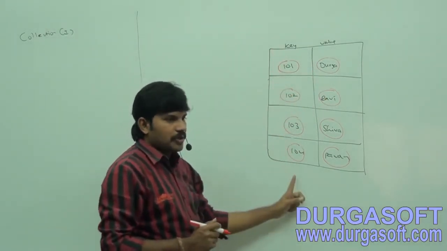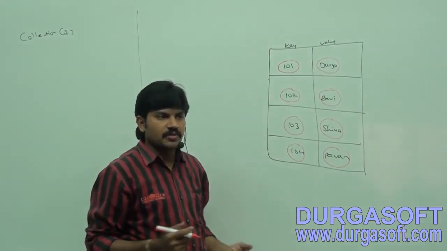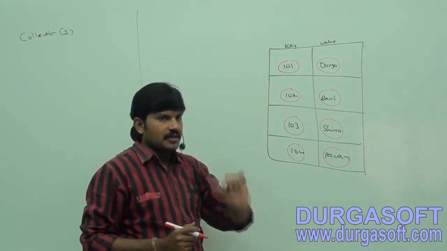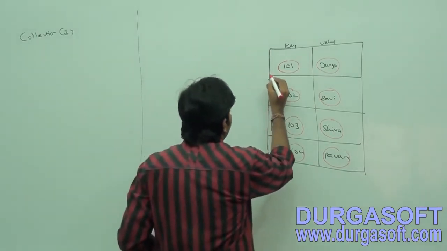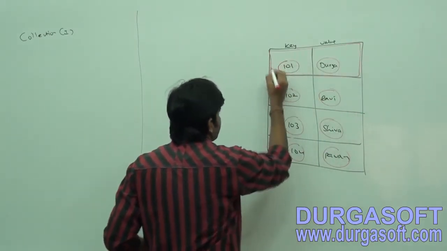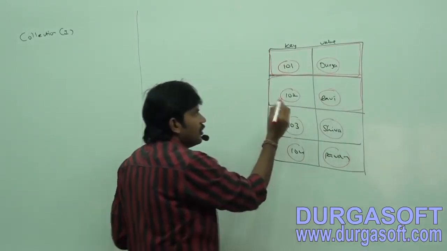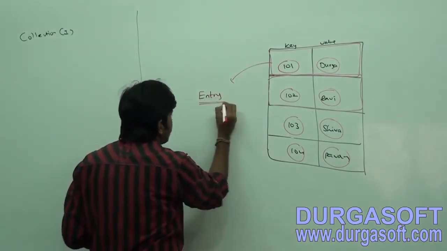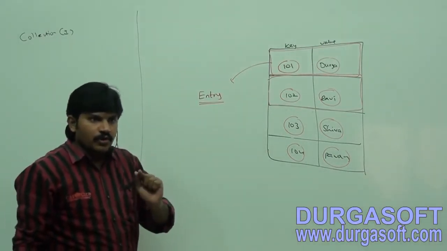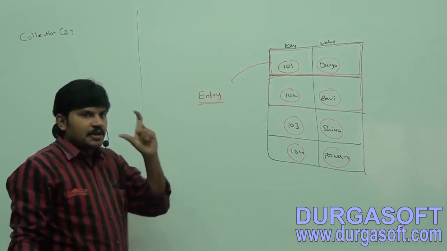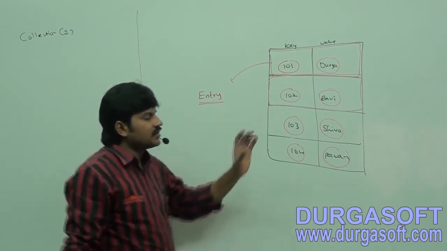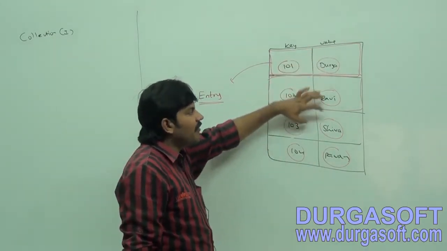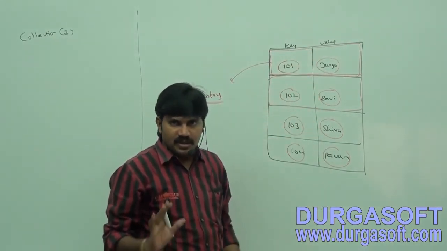Roll number can never be duplicated, but names may be duplicated. That's why duplicate keys are not allowed, but values can be duplicated. Next, each key value pair, this is one key value pair and this is the second key value pair. Each key value pair is called one entry. It is not an oral word, it is a technical word, because an interface is there named Entry. Sir, first entry, second entry, third entry, fourth entry: a group of entries is nothing but a map. Is it clear for all of you?